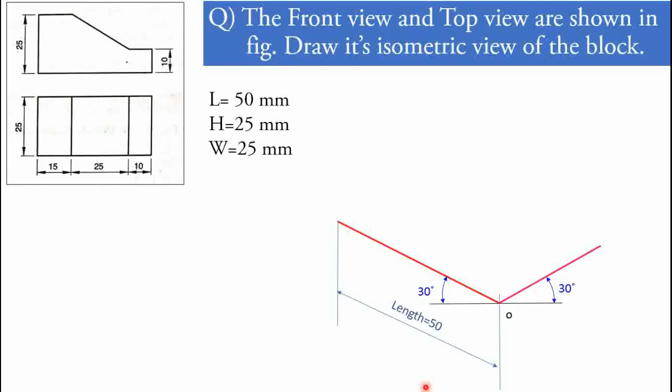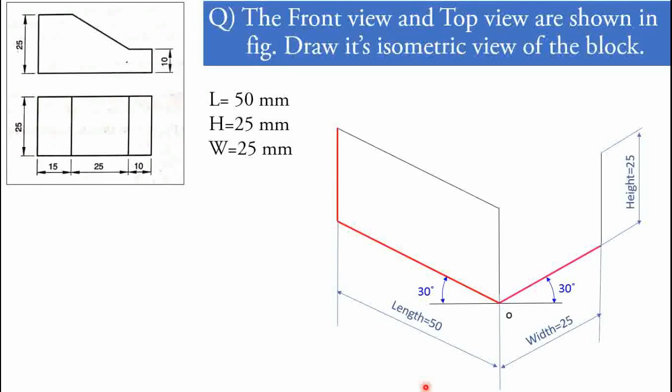Actually it is not a procedure to mention the dimension, but for your understanding, I have written it here. Now length will be on the left side inclination line, width will be on the right side inclination line, and height will be completely in the vertical direction. So by taking the reference of these three dimensions, we have to create such an outline box, which is the complete box. Within that our 3D object will be there.